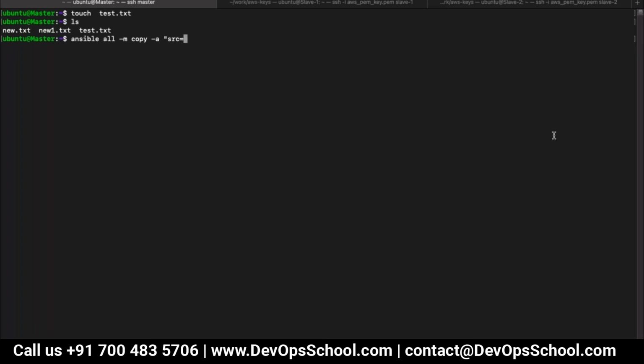Src means source. Source can be /home, the complete path you can give, or else you can give it like this with a dot symbol, test.txt,